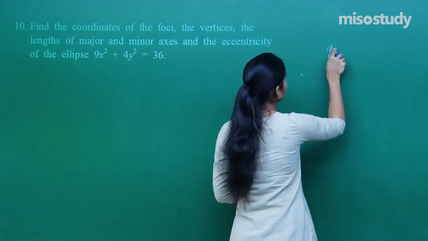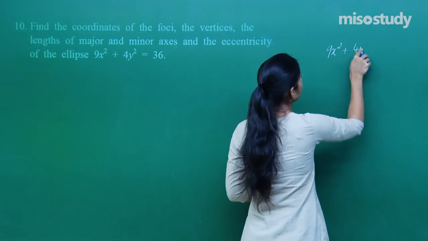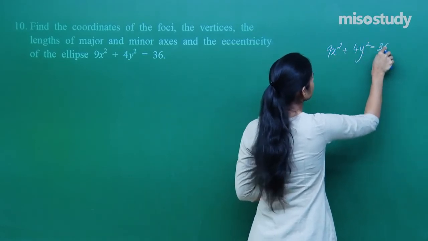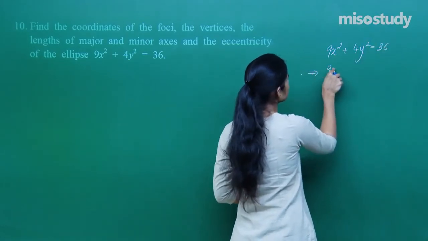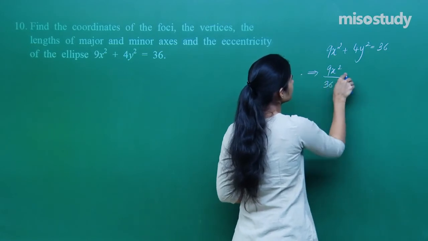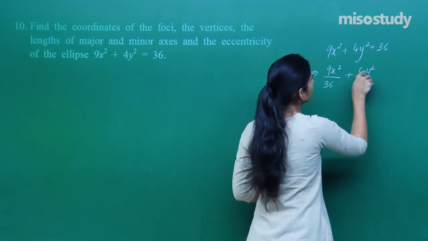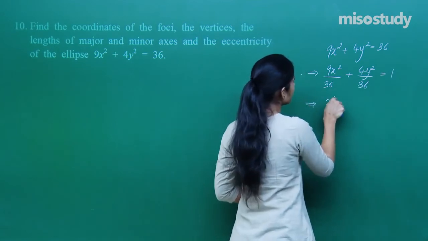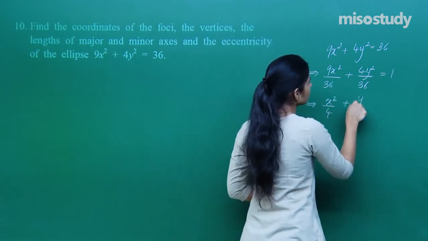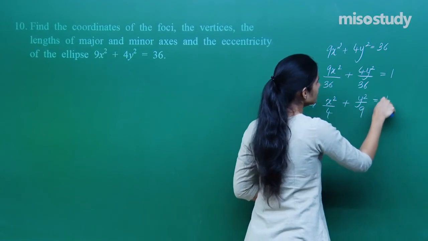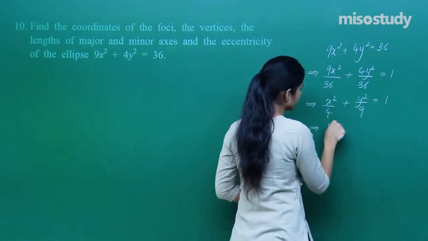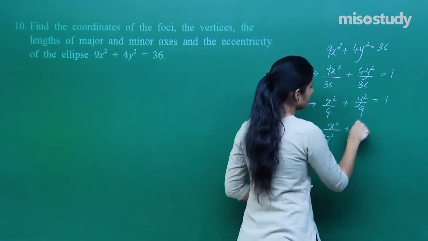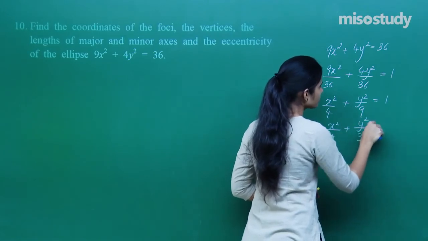So if you have 9x square plus 4y square equals 36, divide both sides by 36, you get 9x square by 36 plus 4y square by 36 equals 1, which implies x square by 4 plus y square by 9 equals 1, which implies x square by 2 square plus y square by 3 square equals 1,